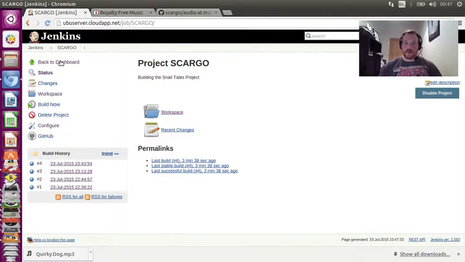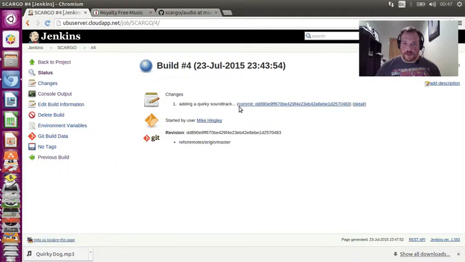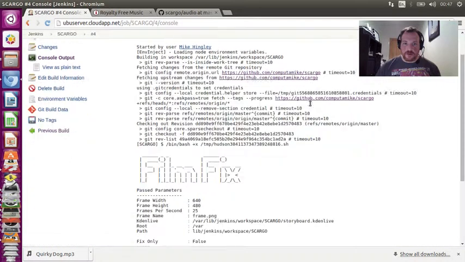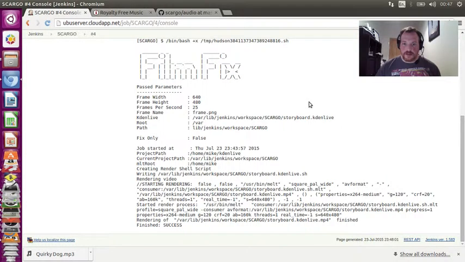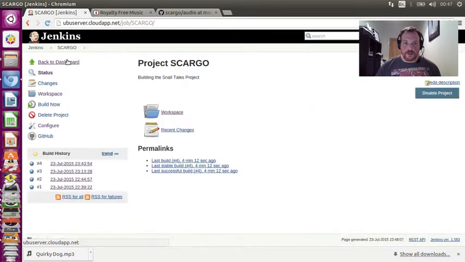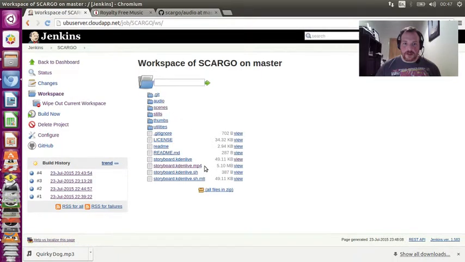There we go. So that seems to be complete now. Build 4 complete. As you can see, there's a bit of discrepancy on the time, so 23:43 versus 1:45. So if we look at that, we can see that we had a quirky soundtrack. And if we look at the console output, we can see that it finished, it ran successfully. So if we go back to our project and look at our workspace, this is the file that is produced. So if we look at this now, hopefully